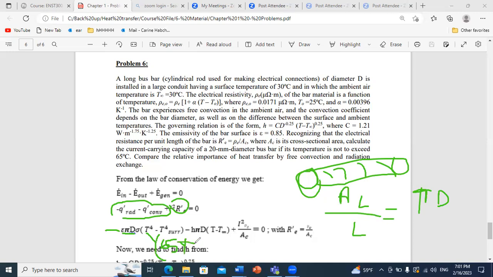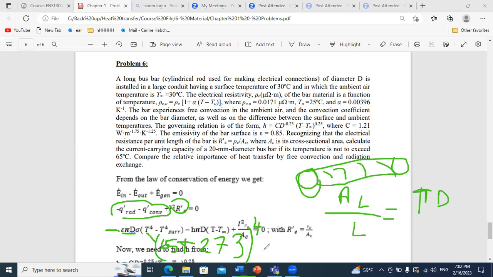We get wrong results. We should always, in the radiation calculation, put T in Kelvin, because T is raised to the power 4. If you do 65 to the power 4 minus 30 to the power 4, it's not like 65 plus 273.15 to the power 4 minus 25 plus 273 to the power 4, because it's non-linear. It's not like delta T. It's okay, you don't have to do 273.15. It's fine if you do just plus 273 to the power 4